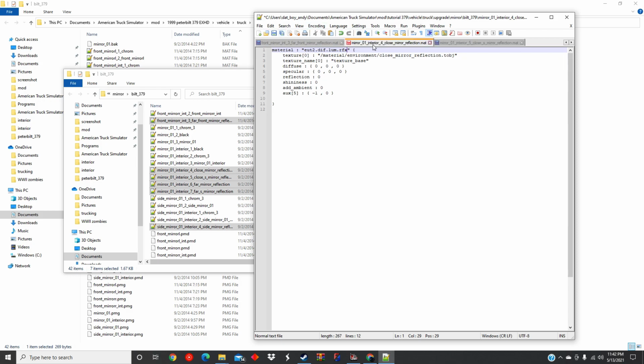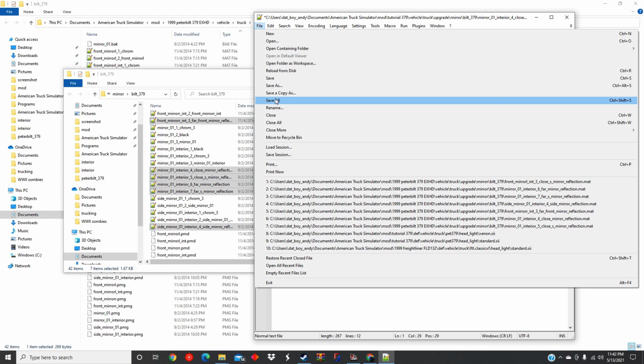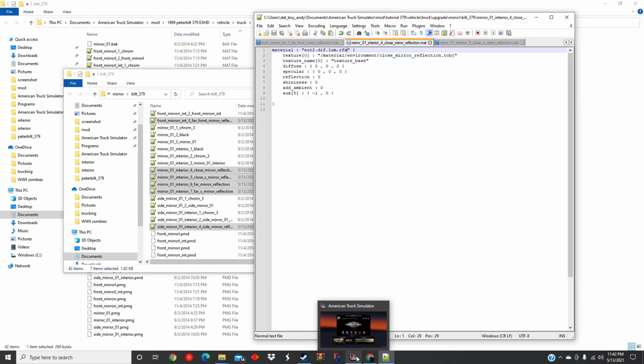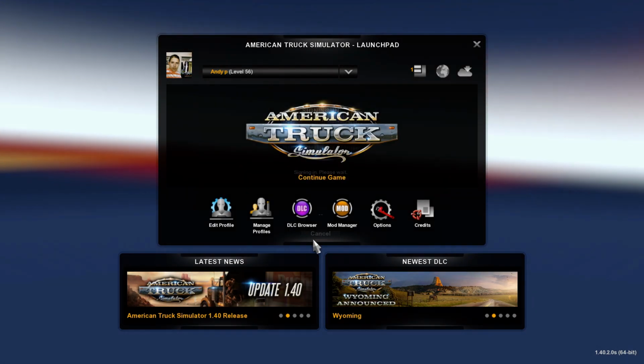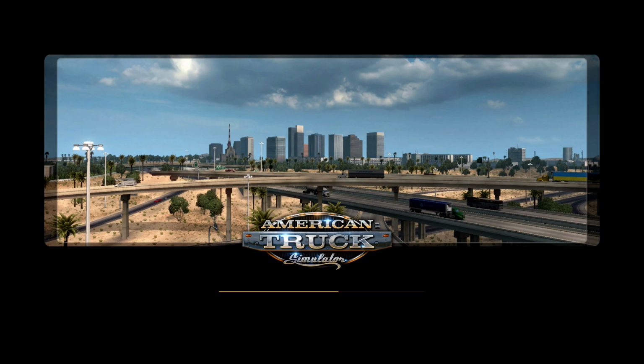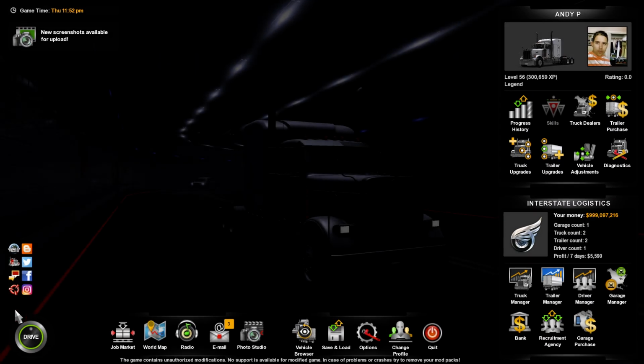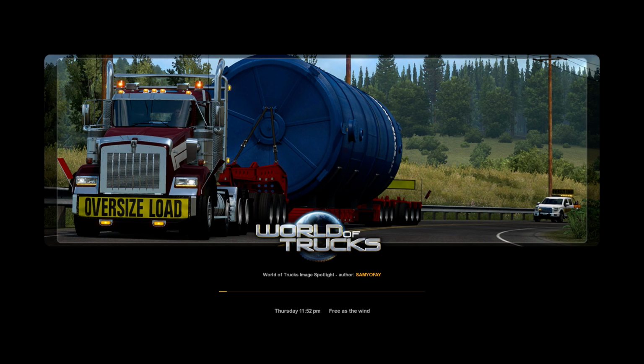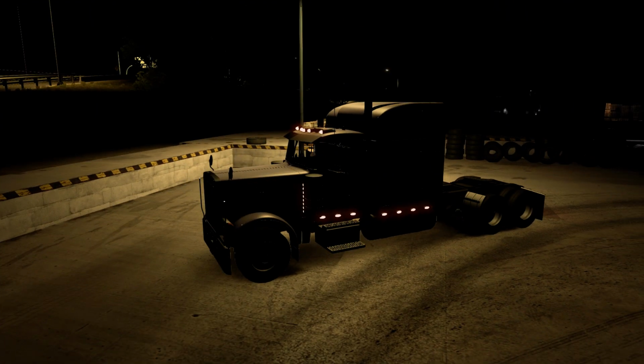Okay, they're all in place. They all have their new parts. We're gonna save it all. We're not gonna close it yet in case something might go wrong. We're gonna go back in the game and we're gonna load up our truck. Let's drive it. Wait for it. Come on. Okay. So now to make sure it works properly,